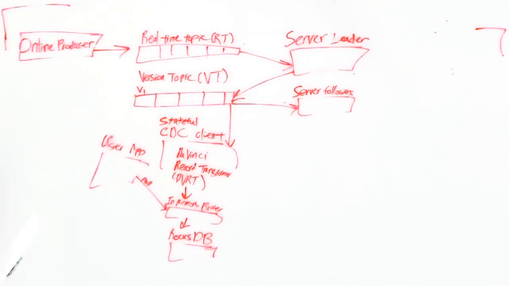An upcoming use case is semantic job search. They're writing vector embeddings of job postings to Venice, and on the client side, they want to consume those embeddings and store them directly in the GPU. Once it's inside the GPU and a user query comes in, for example, a LinkedIn user wants to find a job for software engineers,